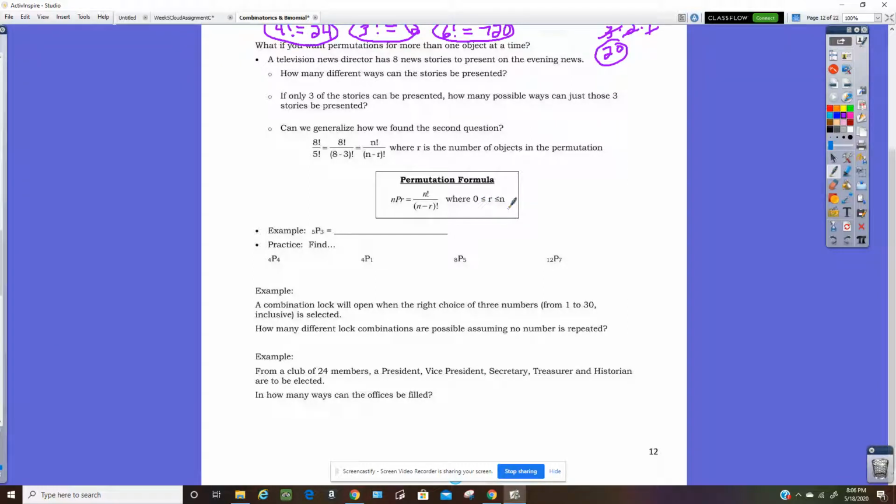So if you saw this symbol, the permutation symbol 5 P 3, or 5 taken 3 ways,